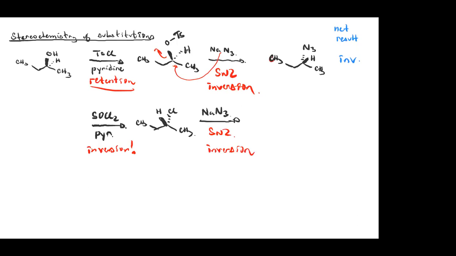Exactly. So you add the sodium azide, you displace the chloride, and you wind up with a second inversion. And an inversion of an inversion is a retention. And so the net effect here